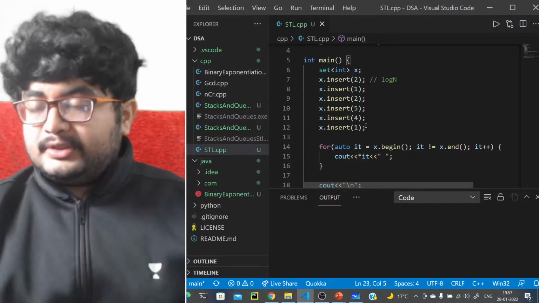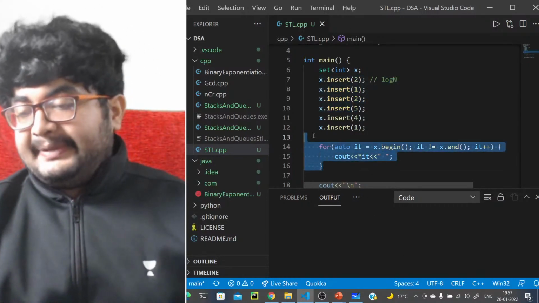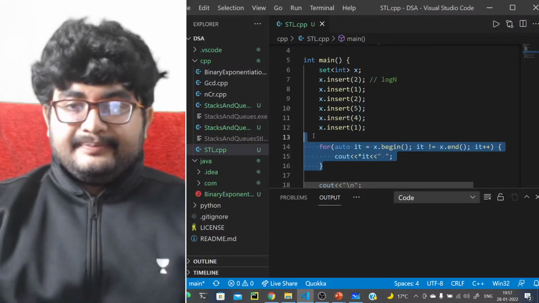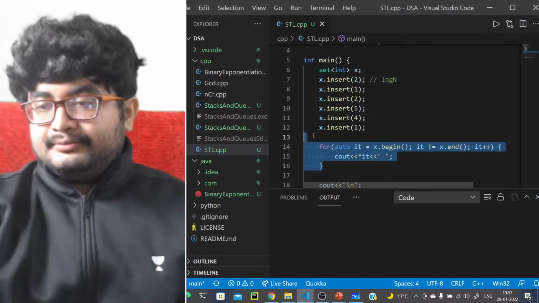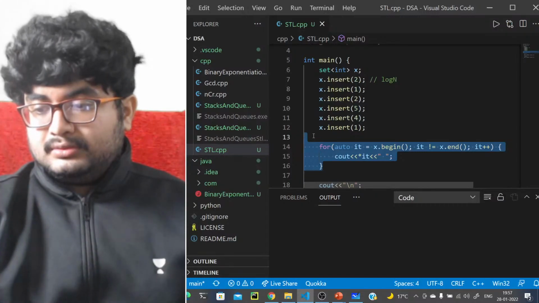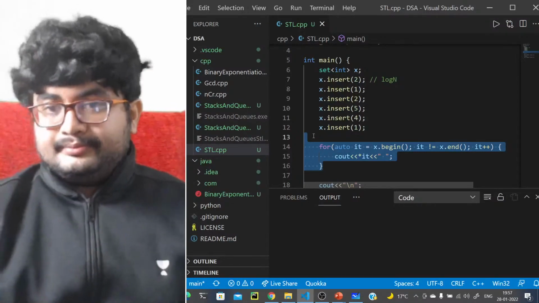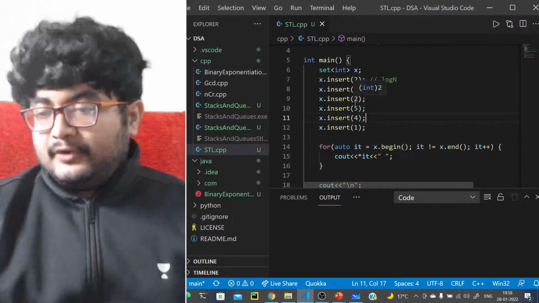What should be the output for the first, after inserting, if we are iterating through all of them and printing? Anyone? What should be the output here? 2 1 2 5 4 1.